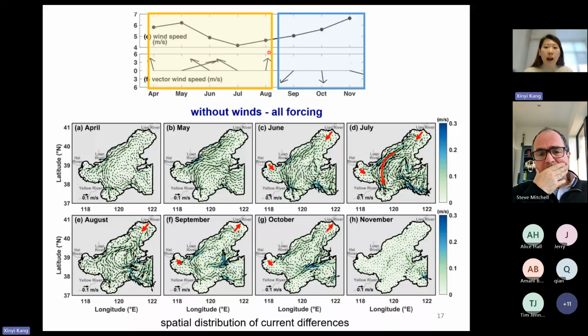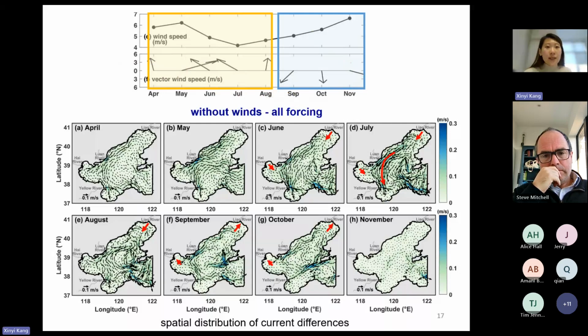On the monthly scale, some months show that the particle influencing areas increased, from April to August. However, for September to November, the particle influence decreased. But on a monthly scale overall, it still shows an increasing trend for the particle influencing areas for the Hai River and Liao River.